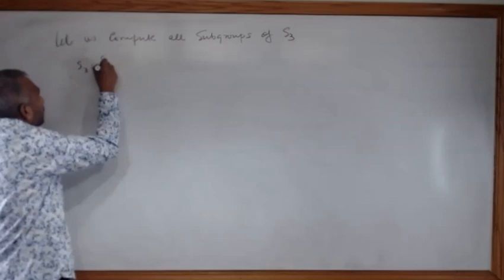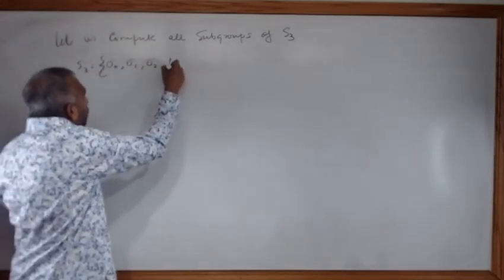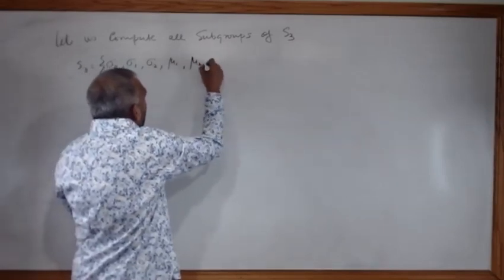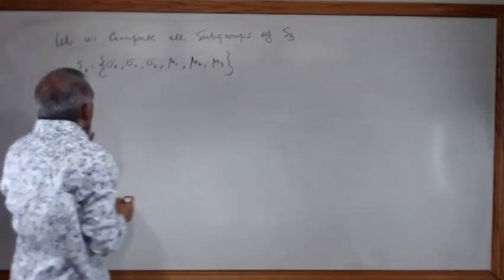S3 contains sigma 0, sigma 1, sigma 2, mu 1, mu 2 and mu 3. Where